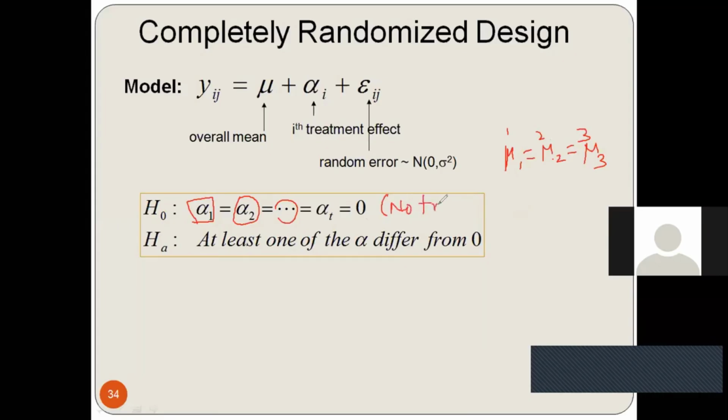No treatment effect. We can write it as no treatment effect, because this is the same as this, so all are equal. So there is no treatment effect. All treatments are behaving similarly. So no treatment effect. Right, now let's say one, we cannot write